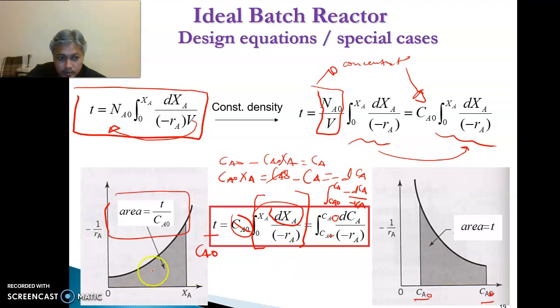Okay, so the same like this one, we have area as t because we don't have any other thing to bring to the left hand side, so we are just left with this integral form. That's why we have area equals t, and then the whole thing is the integration of this, so it will become area under